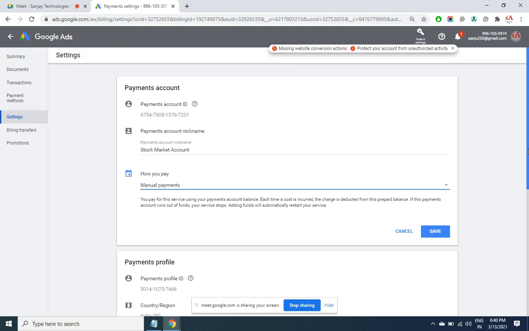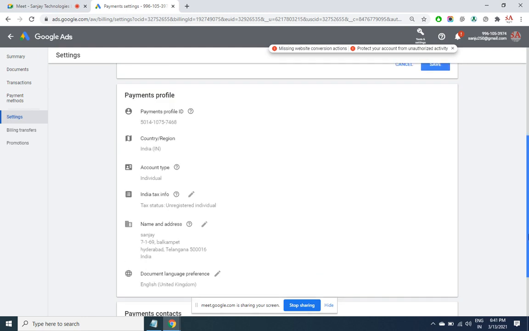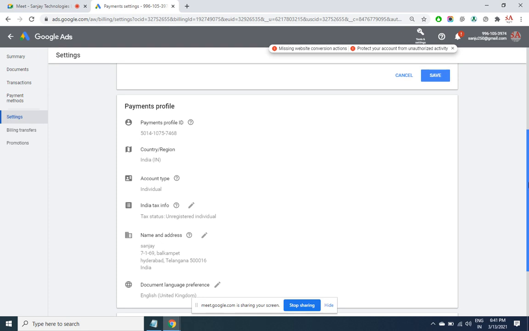While the invoice is being generated, your firm name and all that will be shown at the top. Your tax status and all that you can show here. Accordingly, that region's country taxation would come. If it is GST, then GST. If you select some other country, then whatever the respective taxes are for that country.